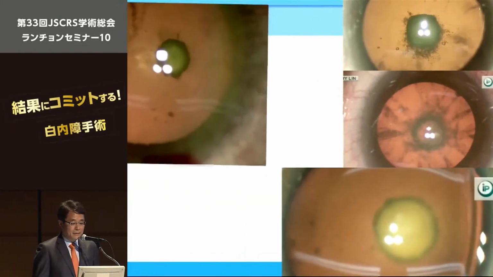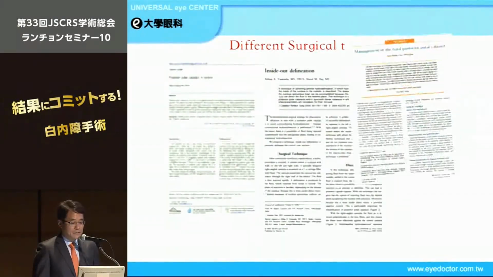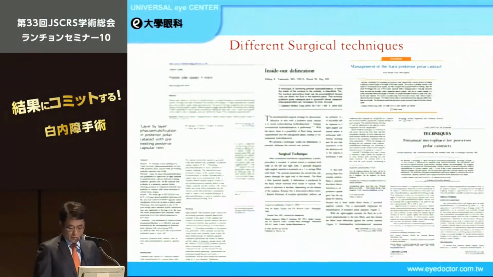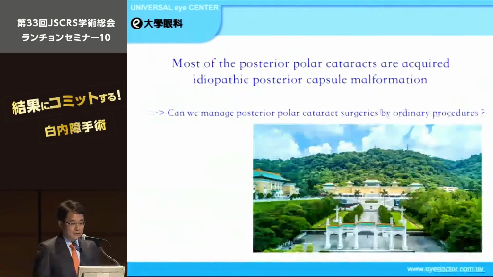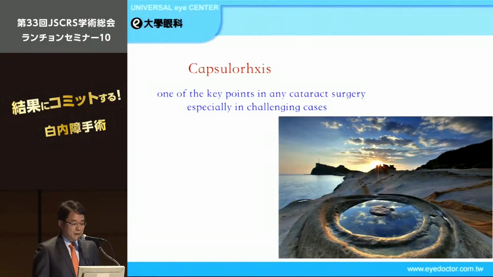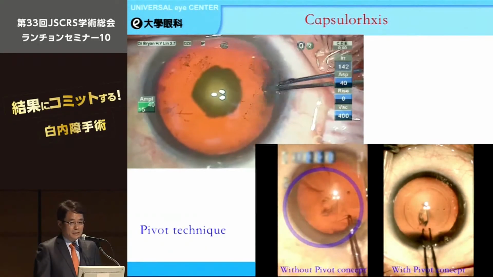Clinically, we can see many kinds of posterior polar cataract. Several different surgical techniques have been published, including gentle visco-dissection without nuclear rotation and so on, for handling these difficult cataract cases. However, since most posterior polar cataracts are acquired idiopathic posterior capsule malformation, can we manage posterior polar cataract surgery by ordinary procedures? I consider capsulorhexis is one of the key points in any kind of cataract surgery,